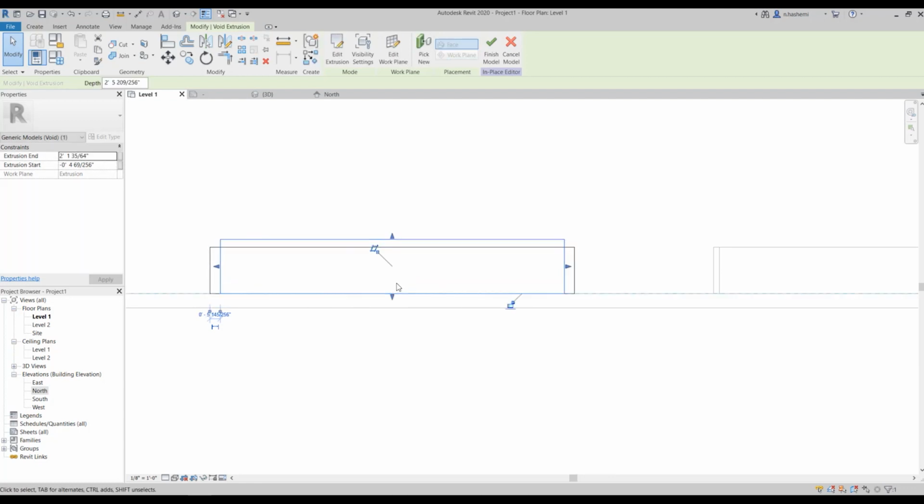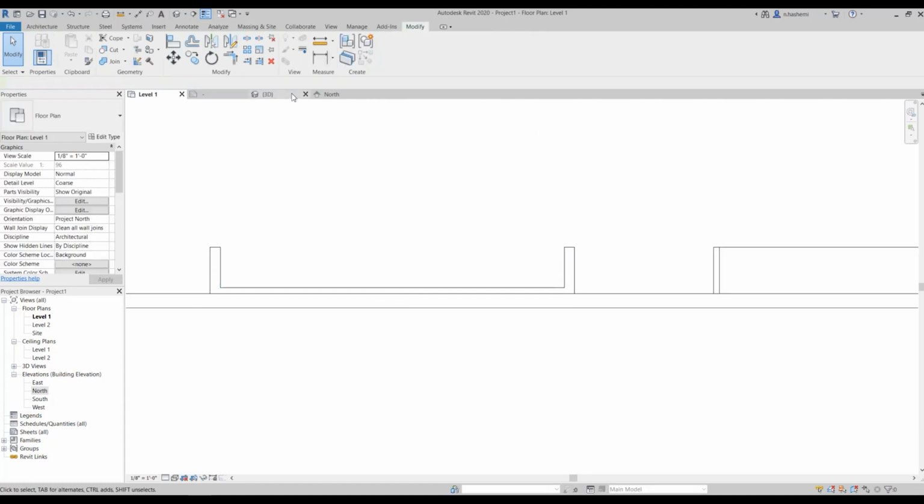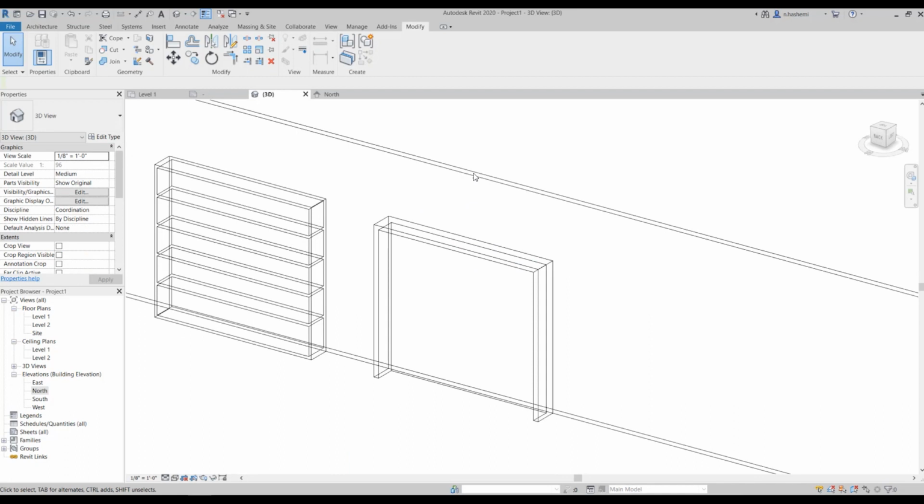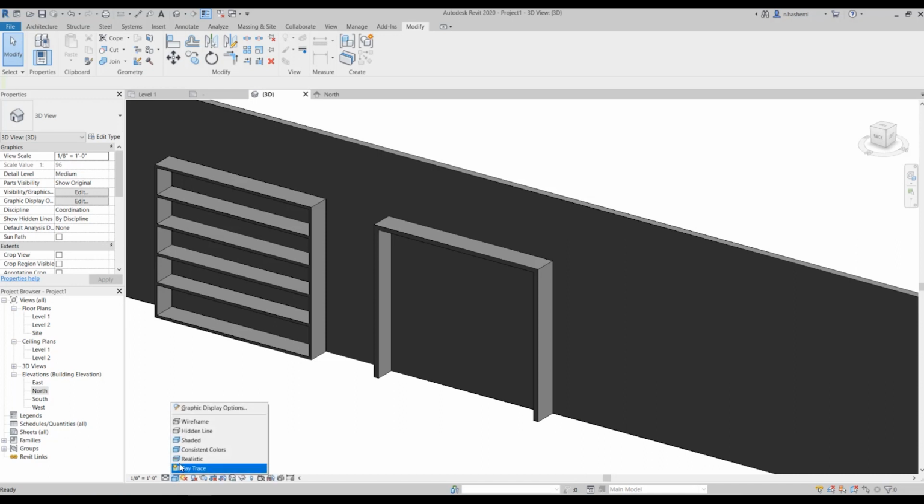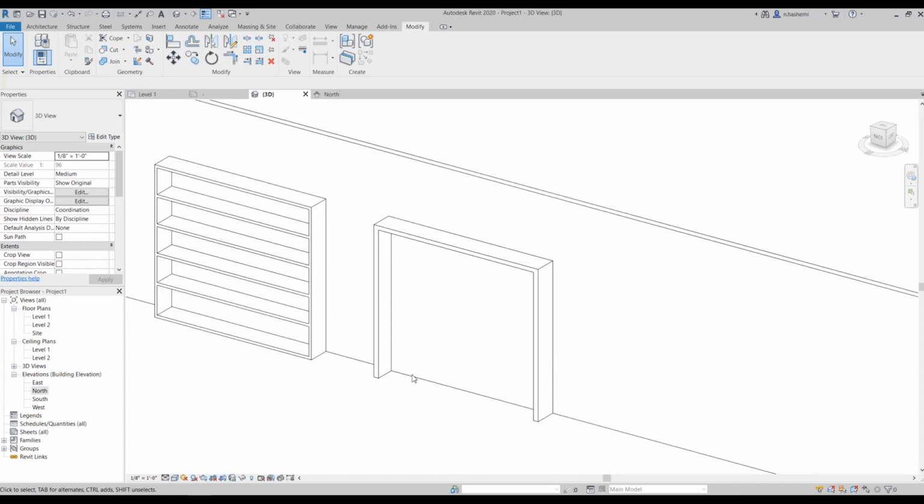I'm gonna make it a little bit narrower. So, okay, now you can finish your model. Okay, so we have a backboard right now.